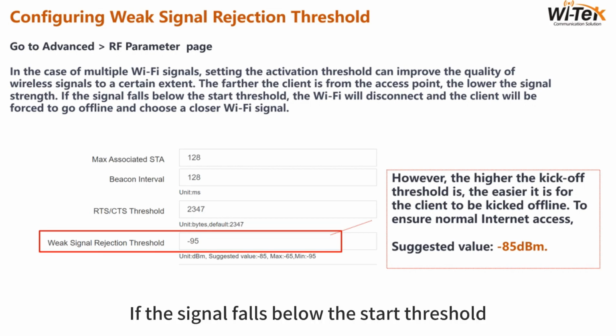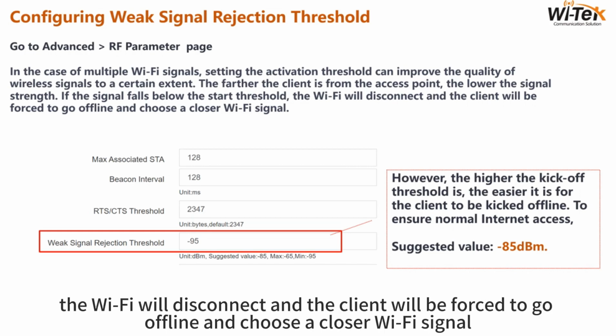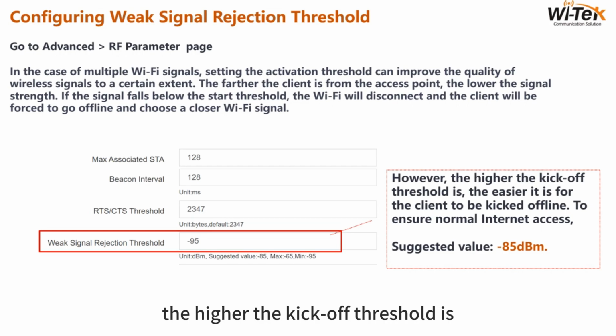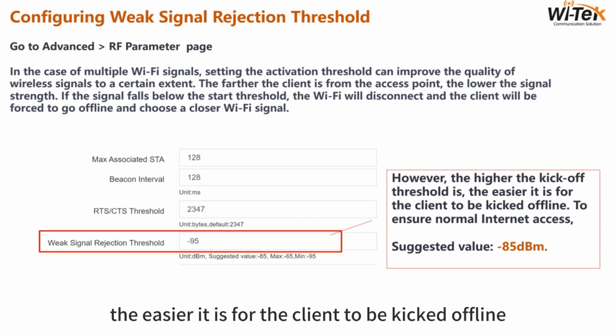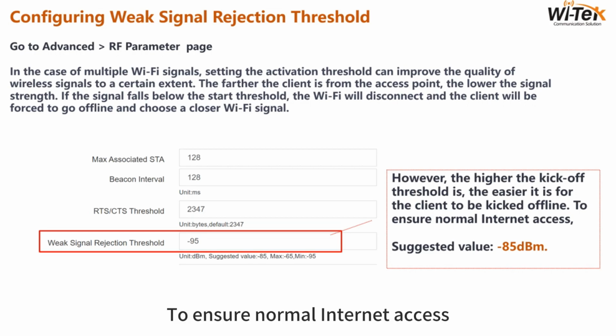If the signal falls below the start threshold, the Wi-Fi will disconnect, and the client will be forced to go offline and choose a closer Wi-Fi signal. However, the higher the kick-off threshold is, the easier it is for a client to be kicked offline. To ensure normal internet access, the suggested value is